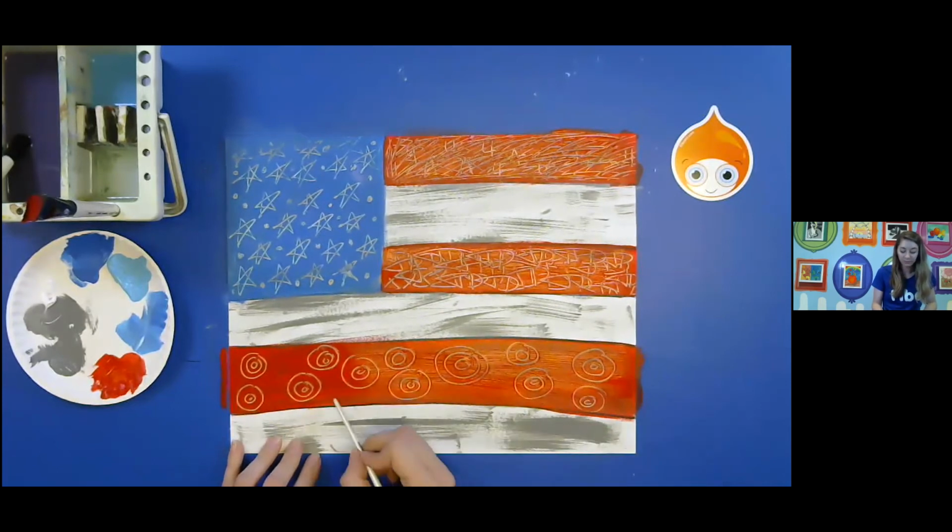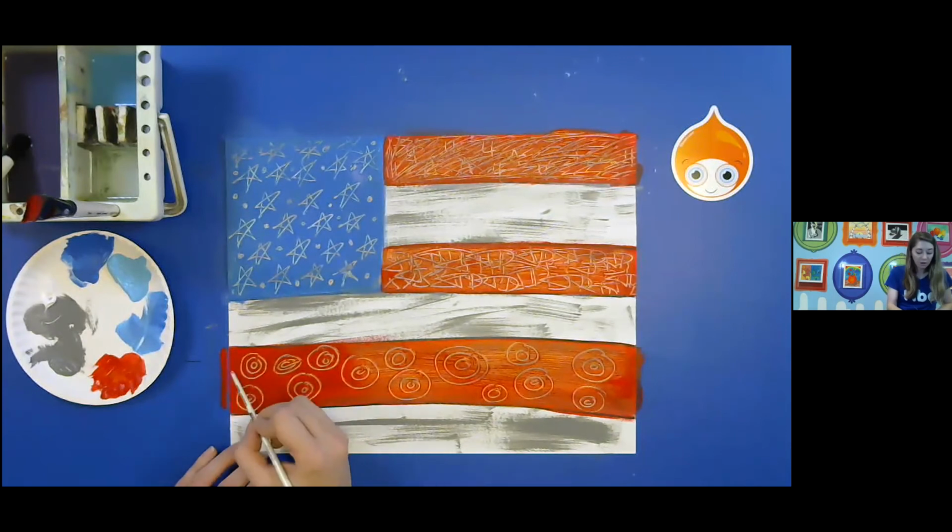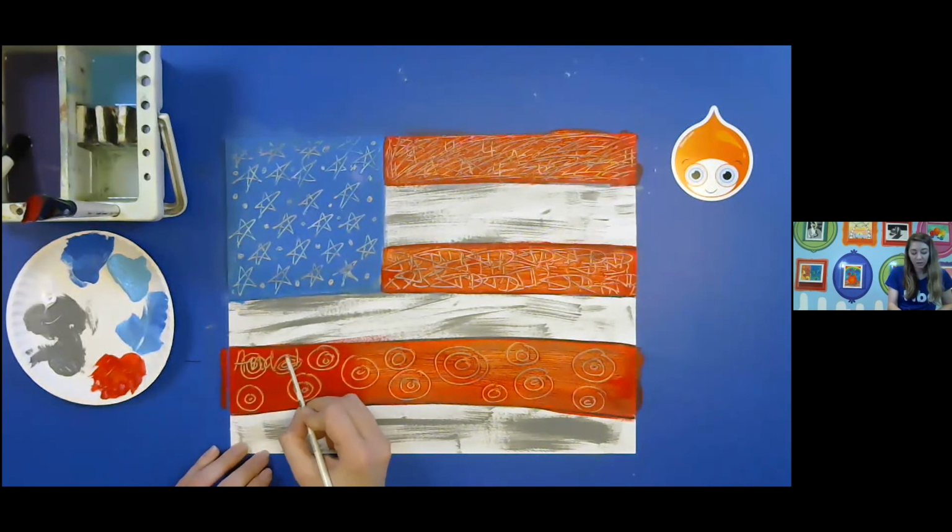There we go. And I like that layering. I think it looks really nice in the image. If you need to clean off your brush too, mine keeps getting really full of paint. So maybe I'll just choose one of my favorite lines. I'll just do the last little bit. So you can just start. And the